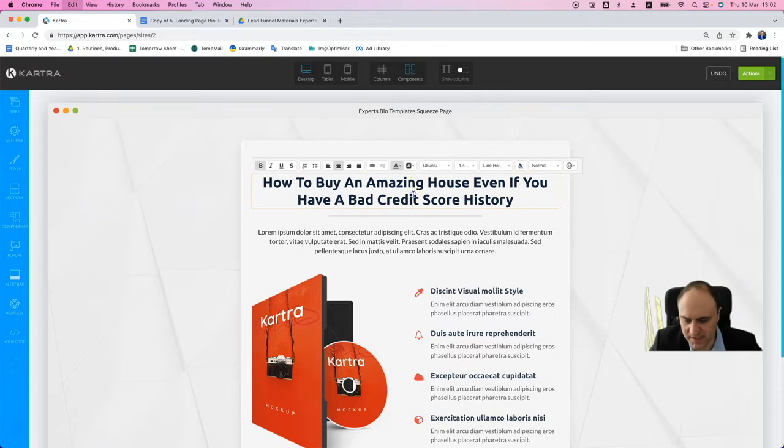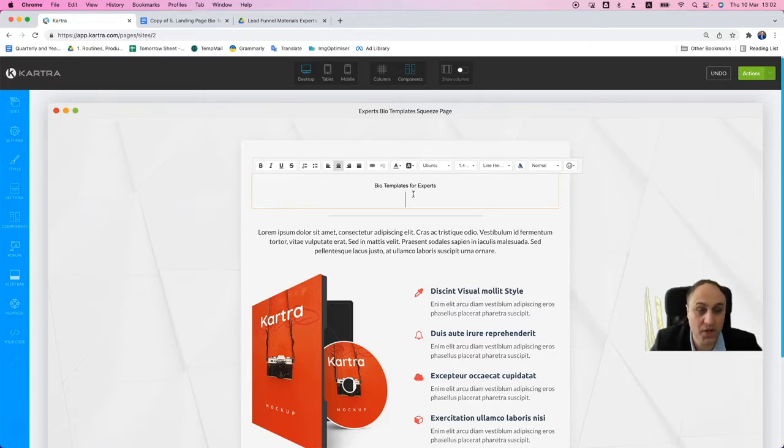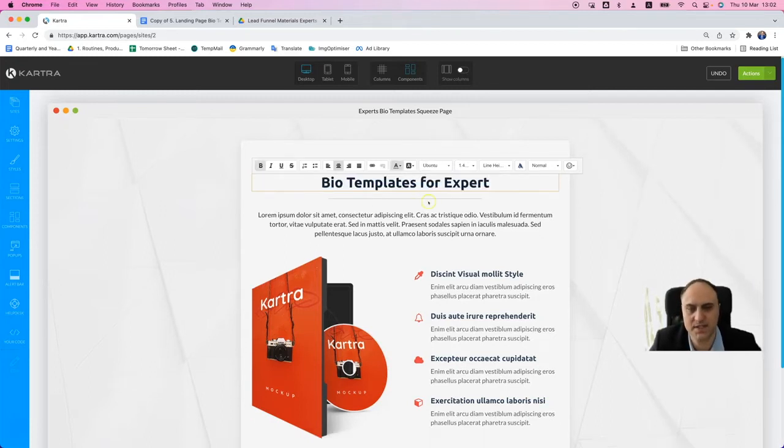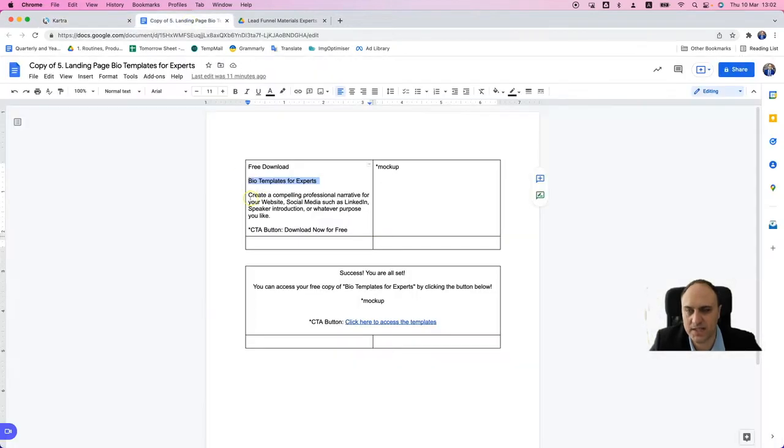And one top tip, for example, if I just paste it here, you see the formatting will not be fine. But this is a top tip. You can hold Shift, Command and V, or on PC Shift, Control and V, and you will keep the formatting. You see, it was easy. Then we have the extra text, creating a compelling professional narrative for your website. I will copy this,